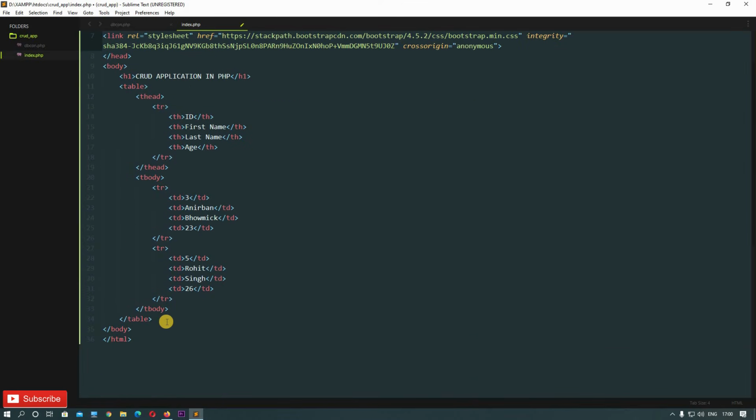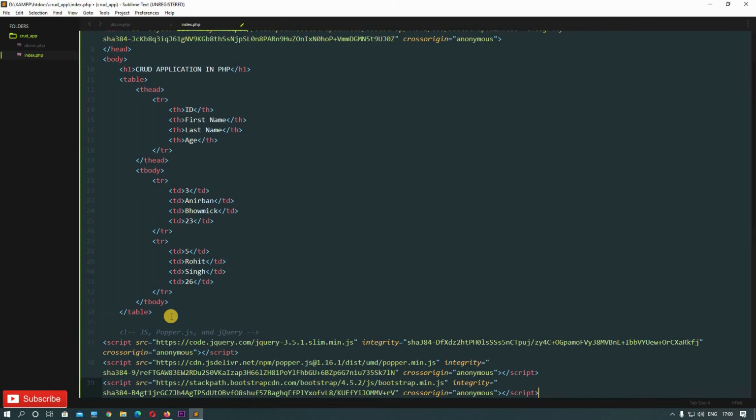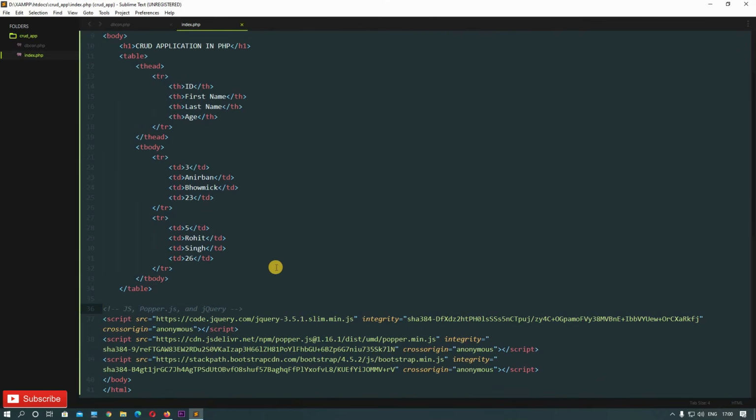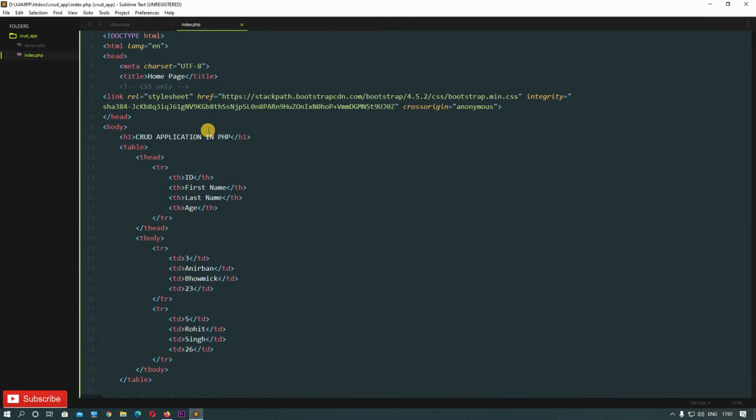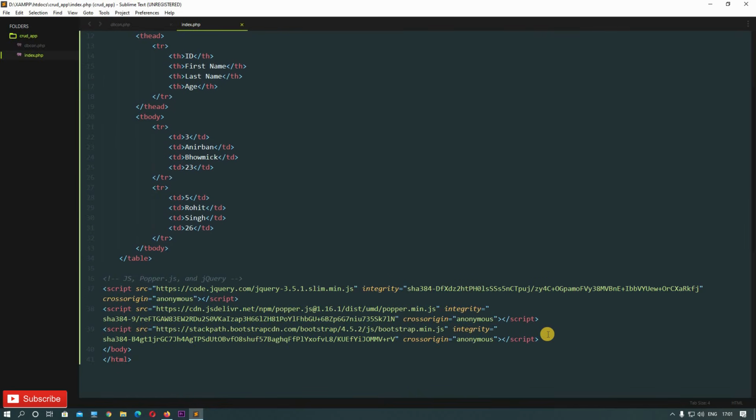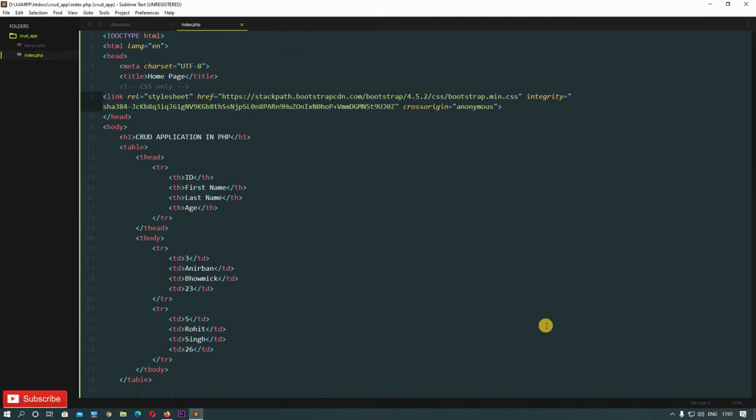Okay, and paste it just above the closing body tag, because I want to put the JavaScript here because it will make the website load faster. If a website has a lot of stylings in it, then the stylings will first load and then the functionality will come along. But if suppose you give all the scripts in the head tag, then before anything gets displayed, the website might take a long time, because there are a lot of functions also going on in the head section. So that's why it's better to use the JavaScript just above the closing body tag. Okay, so save this. Now we have included Bootstrap in our file.